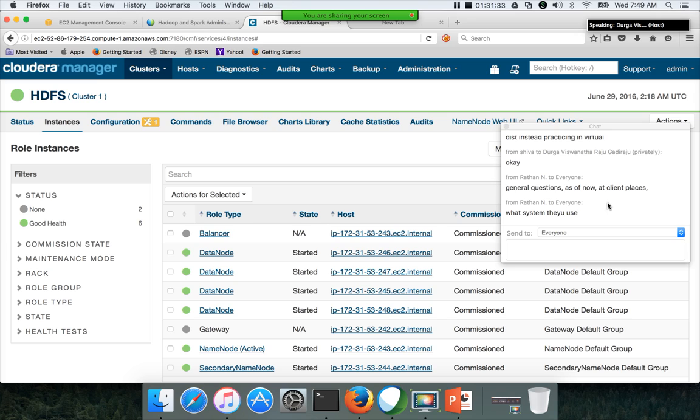Ratan has asked what system they use at client places as of now. So for setting up the cluster they use Linux. It doesn't matter whether they provide you a Microsoft laptop or an Apple laptop. You just have to set up Cygwin or use PuTTY to connect to the Linux servers and take care of